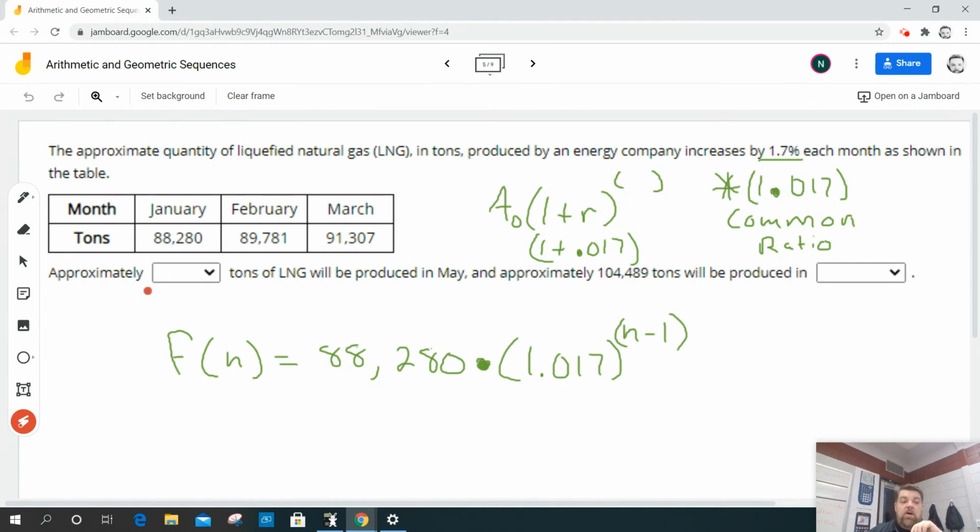So now they want to know approximately how many tons will be produced in May, and approximately when this amount will be reached. So this is the beauty of taking a geometric sequence with a common ratio. In other words, we're multiplying each term by 1.017. To get from this to this, and from this to this, we're multiplying by this common ratio of 1.017. Because I've written this in explicit form, which is an actual equation,